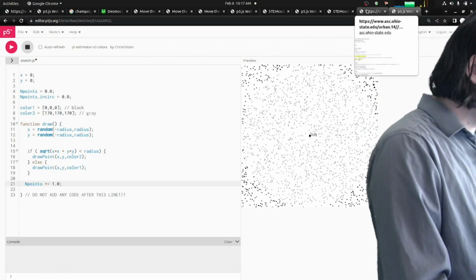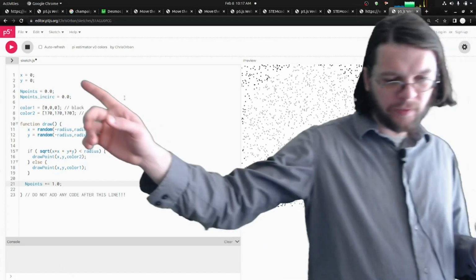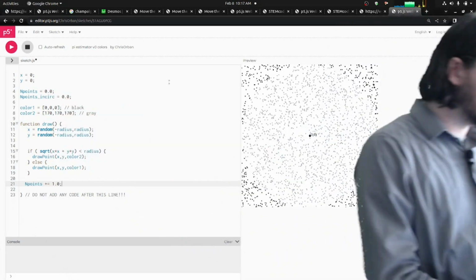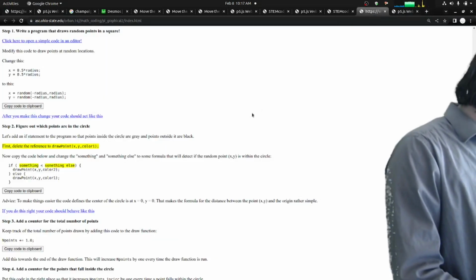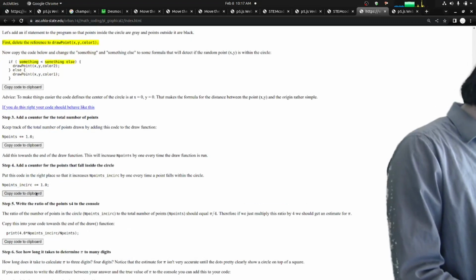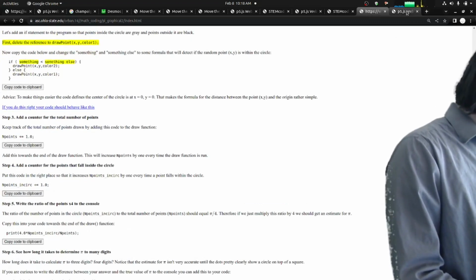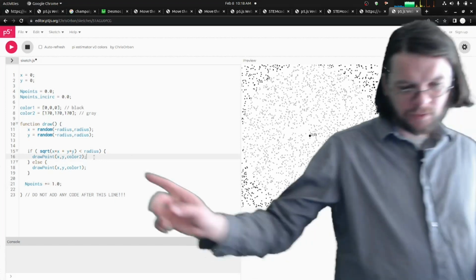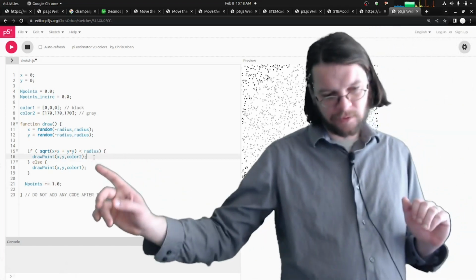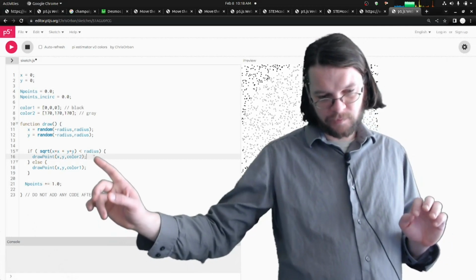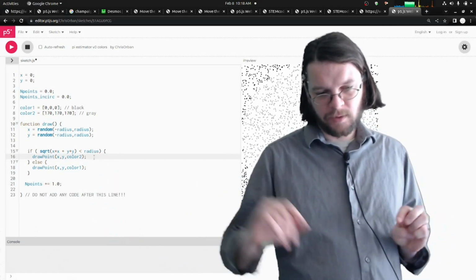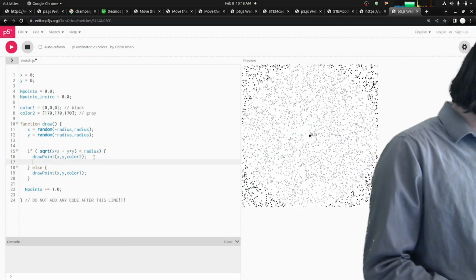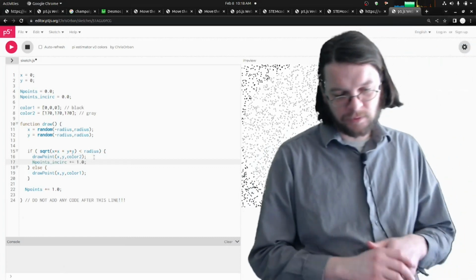Right. So I've already declared these variables for you. So endpoints is 0, endpoints in circle. So I've got to figure out where to put this one. So the question is, is this the part that's inside the circle, or is that the part that's inside the circle? So I have to choose between these two, and then I can get that ratio. I believe this one is the one that's inside the circle.